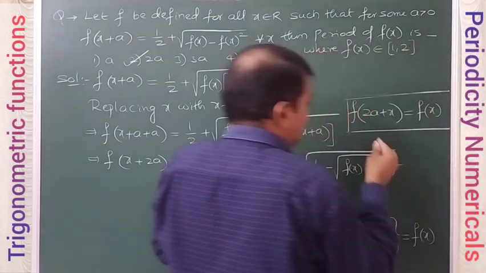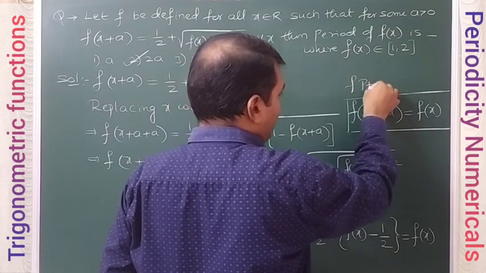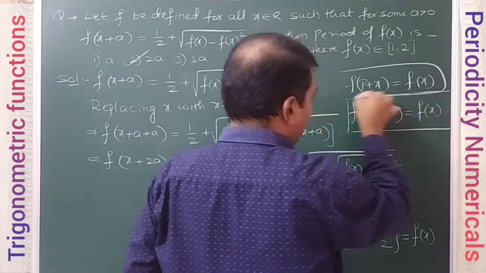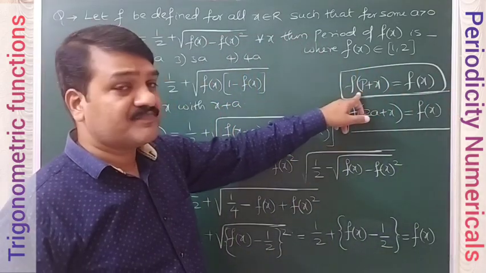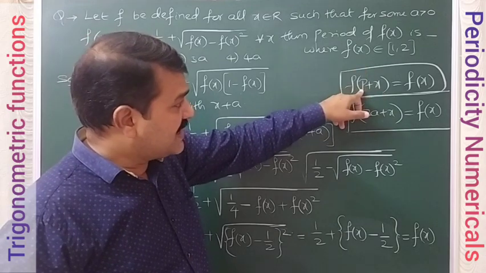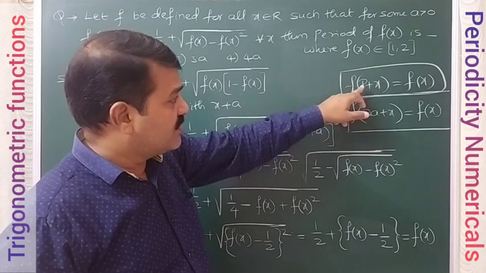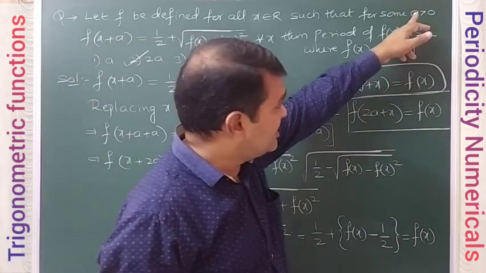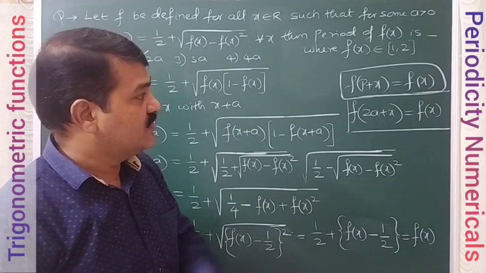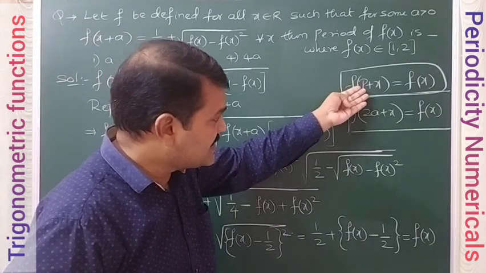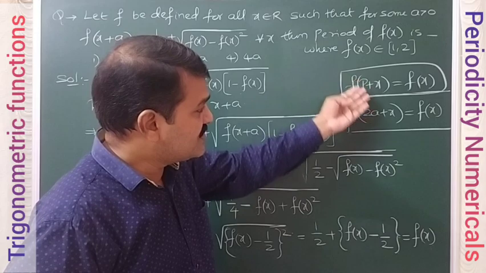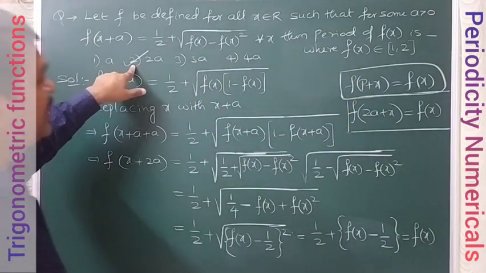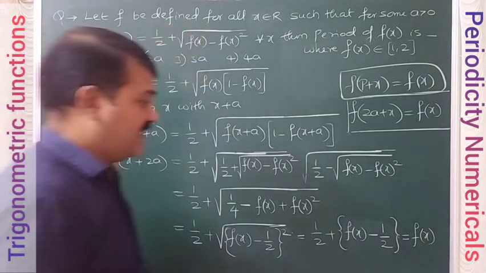So this is in which condition? This is in the form of f of p plus x is equal to f of x. So whatever condition we got is in this model. And here the least value of p is the period. So of course p must be a positive real number. So this a is given as positive in the question clearly. So we got this model, in place of p we have 2a, and this is going to be the period of the function f of x. So 2a is going to be the period of f of x.